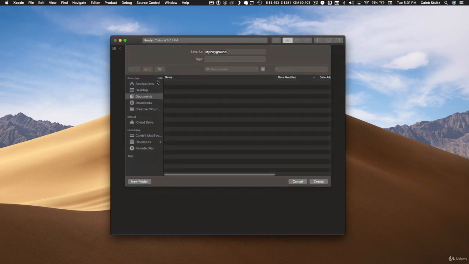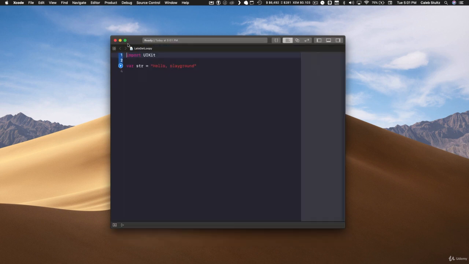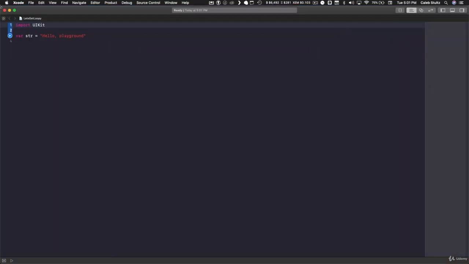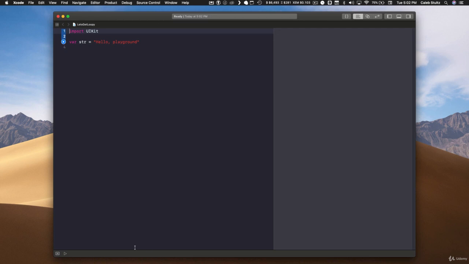So go ahead and create a blank playground, and let's get loopy. There we go, beautiful. And we don't need that to be so huge. Cool. Okay, so I am going to make this taller because we're going to be printing out a lot of stuff in the console. So get rid of this boilerplate string here, and we're going to begin with something called